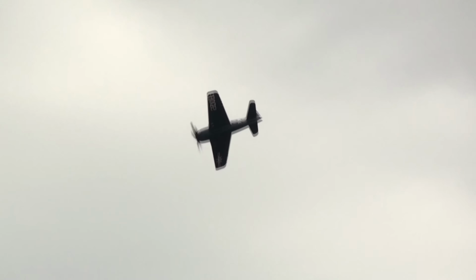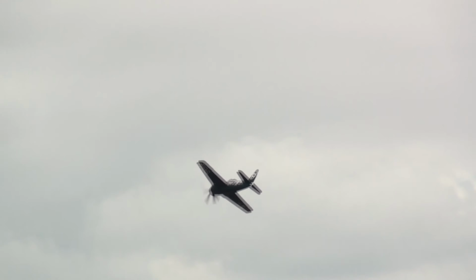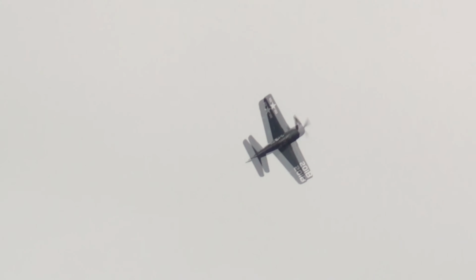Pete Kinsey is flying the Bearcat. Pete Kinsey is the chief pilot for the fighter collection based here in Duxford, who's the driving force behind Flying Legends. And Pete is also the flight director for this air show. In fact, when it appeared, this small fighter arrived when the trend was...